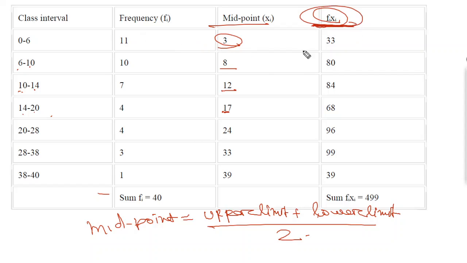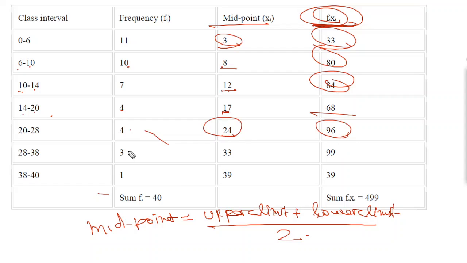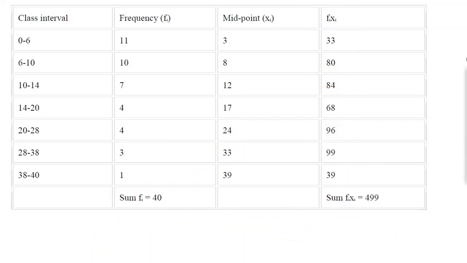So 11 into 3 is 33, 10 into 8 is 80, 7 into 12 will be 84, then 4 into 17 is 68, 4 into 24 is 96, 3 into 33 will be 99, 1 into 39 will be 39. Here what you have to find? You have to find